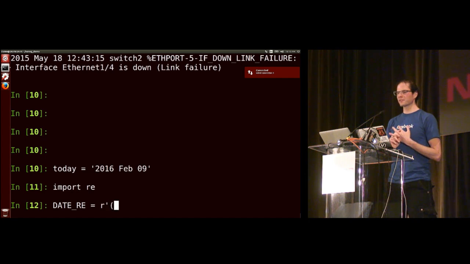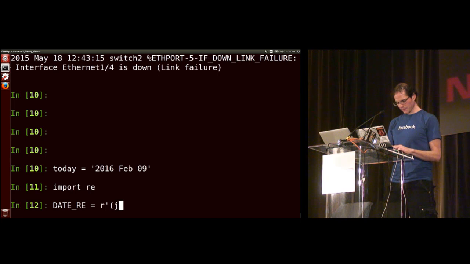And you might have noticed something different. I'm putting a little r in front of the string to say this is a raw string, which tells Python to not try to interpret it or think about it too much. And so now, looking at the pieces,